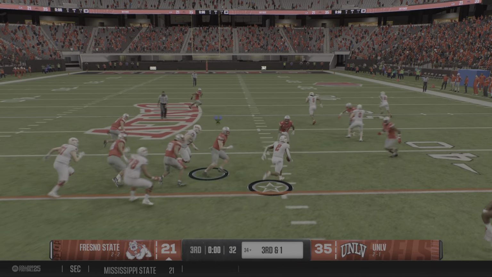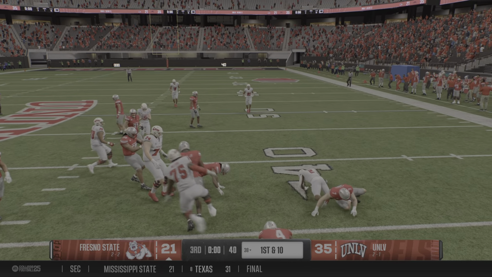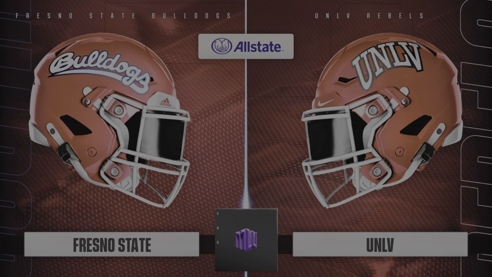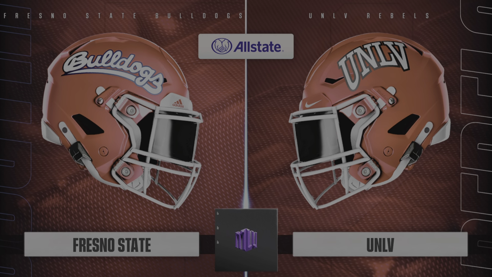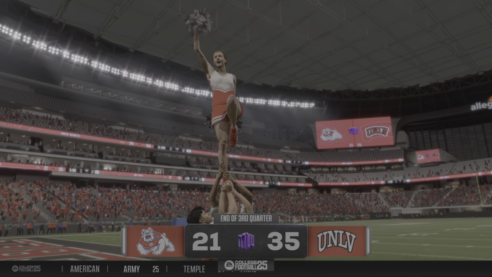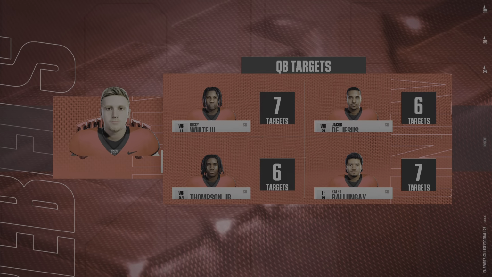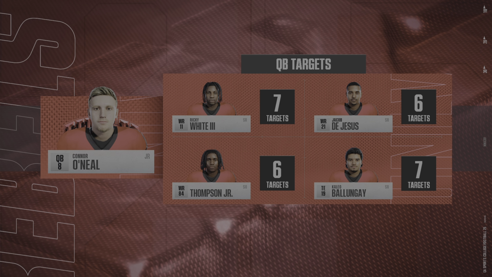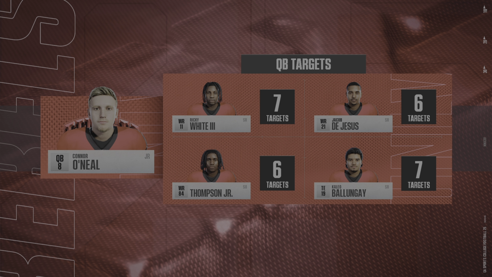To the ground to try to pick up the first. There to make the tackle, and with that, we'll head to the 4th quarter. And talk about spreading the ball around. Everyone getting a chance to show off the hands based on the number of targets we've seen. Fresno State,